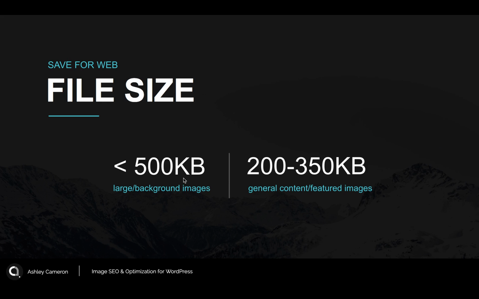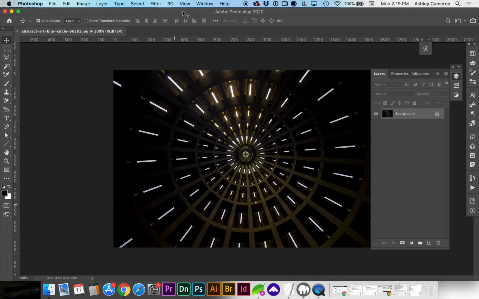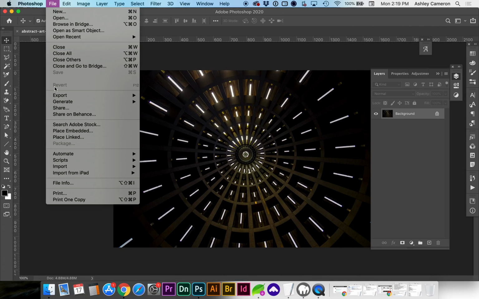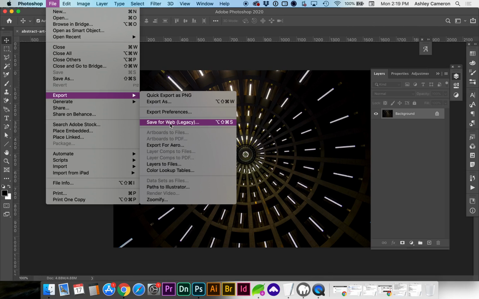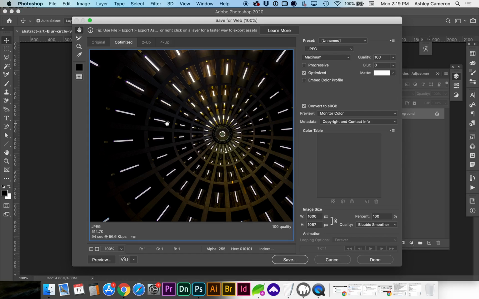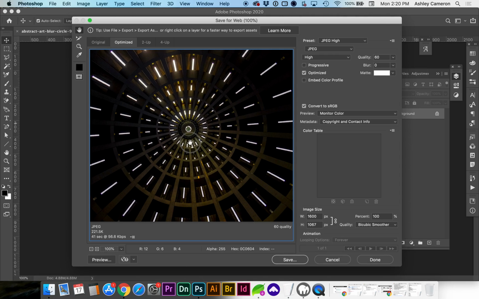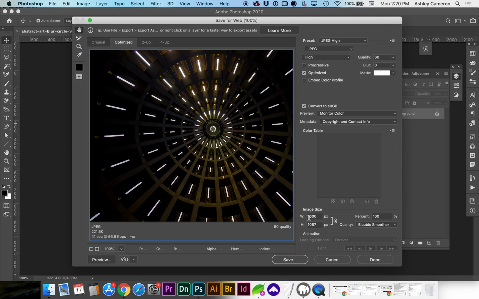How you can check what size you're saving out your image: if we go to Photoshop, File, Export, Save for Web, or Command Option Shift S, you can quickly set to high or very high to see what the quality looks like. So at 60% quality, this really doesn't look too bad. I have the width at 1600 pixels, and if you look here in the bottom left, you can see we're at